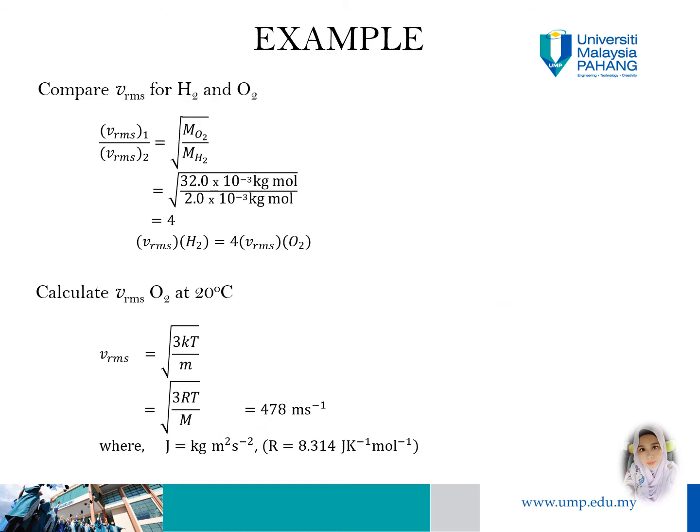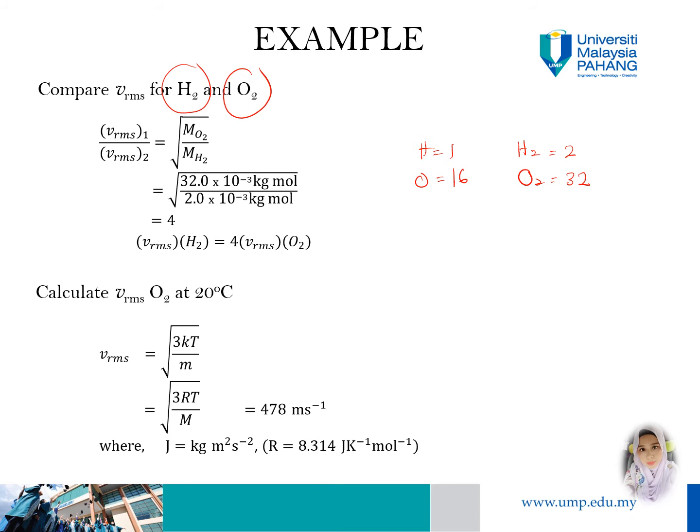In this question, we need to compare the root mean square speed of hydrogen and oxygen. As we know, the molar mass of hydrogen atom is equal to 1 and for oxygen is equal to 16. For the molecules, the molar mass of H2 is equal to 2 and for molecular oxygen is equal to 32. So from that we can see that oxygen is 16 times heavier than hydrogen on a per atom or per molecule comparison.